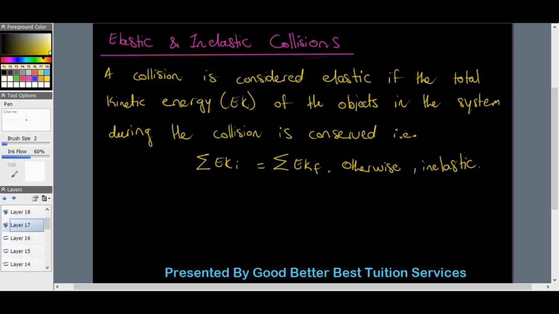So collisions are only said to be elastic if the total kinetic energy before the collision of the objects is the same as after the objects have collided. Otherwise, if before differs from after, the collision is said to be